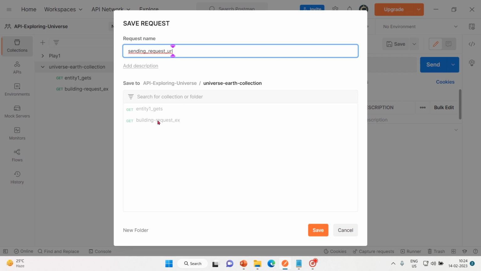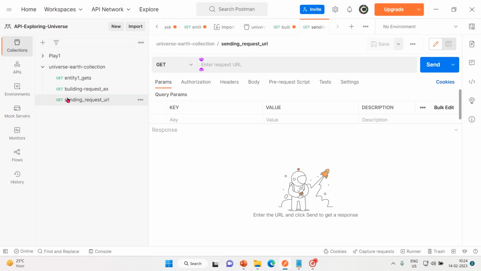Okay, and I'll select the API exploring universe, that's our workspace. And if I want, I can place it inside that. That's okay. So now let me select save. Now inside the API exploring universe workspace, inside the universe earth collection, you see this is the sending request